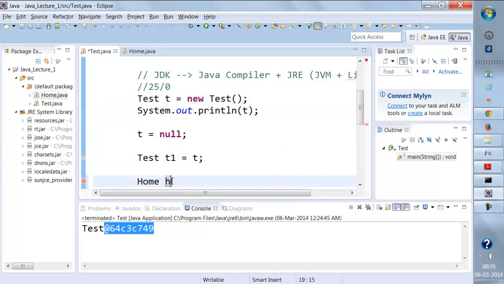So here I need to specify this reference belongs to which class, right? I cannot say home h equal to new test. This is for the time being not possible, right? With the current example, right? So whatever reference that we are pointing to a class should be referred to the object of that particular class only,